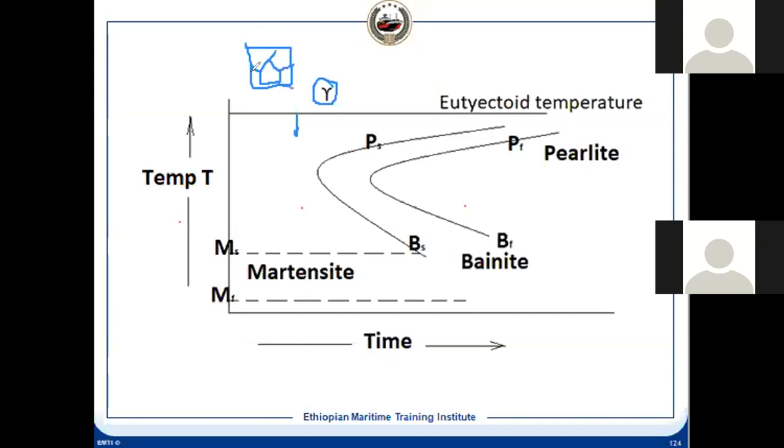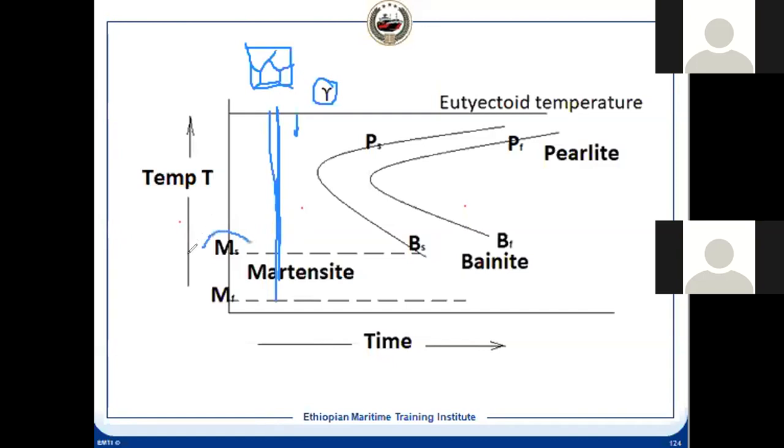The solubility of carbon in iron is high, so we want to make a strong structure. We want to keep it as it is. We don't want to convert it into pearlite, which means there will be some changes, but not major changes. Martensite is a very strong structure, so we get it by quenching. Once we do the quenching, what will happen? Martensite will form. That is a vertical line.